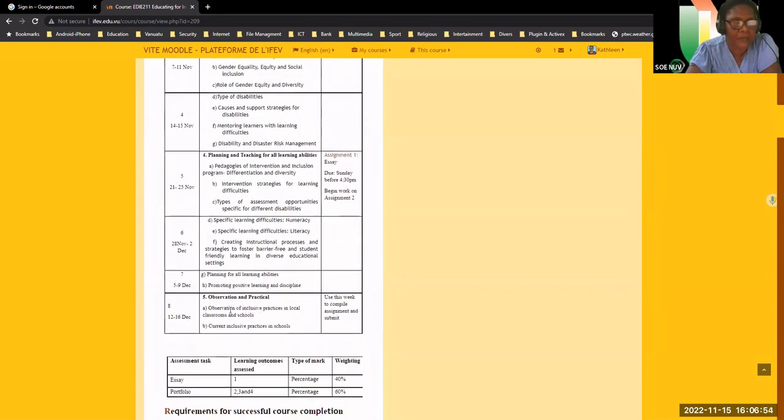And then we have the final week, which is the 12th to 16th of December, and that is observation and practical. For face-to-face students, this is where our students go out to observe in schools where they practice, or inclusive schools, and also organizations that cater for diverse learners. But for us, we will use this week to compile assignment 2 and submit, so that we can all have a peaceful Christmas and New Year and not be thinking about